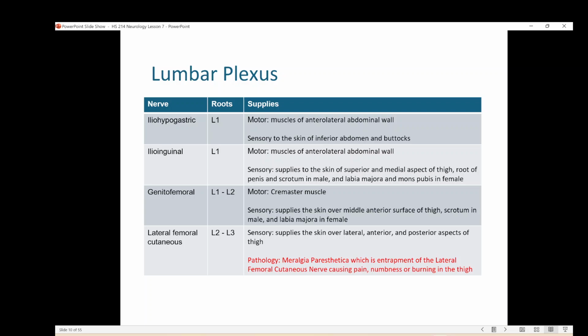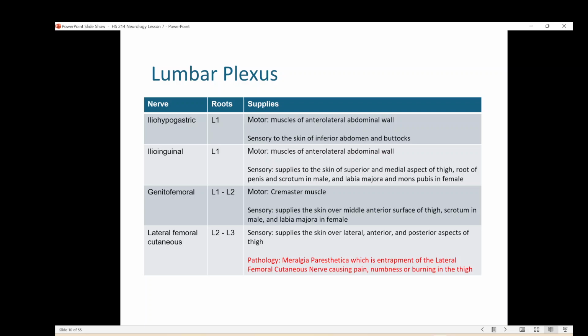So we'll take a look at four nerves first: the iliohypogastric, ilioinguinal, the genitofemoral, and then the lateral femoral cutaneous nerve. The names tell you generally where they go, so it's not too hard to understand or to just kind of remember. For instance, the